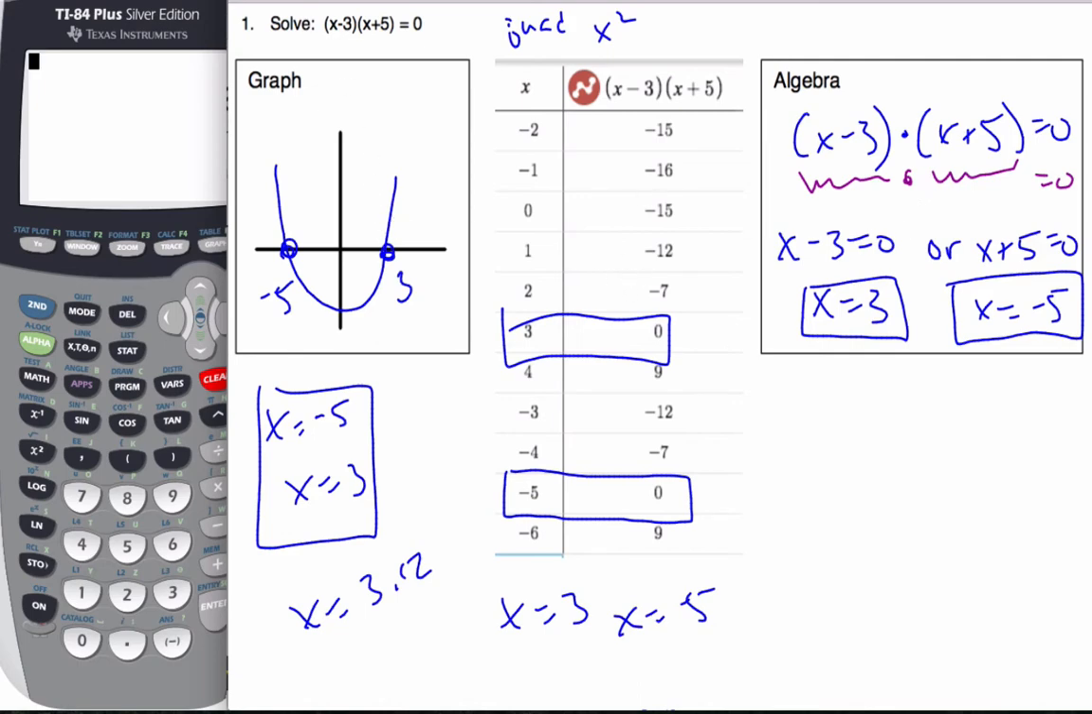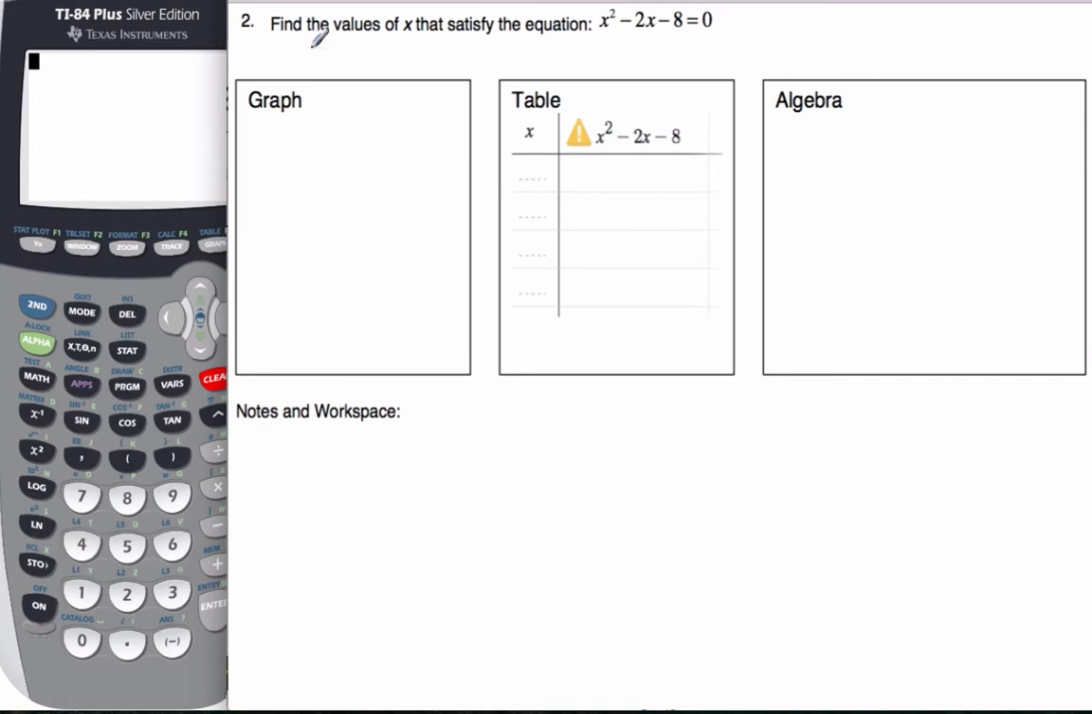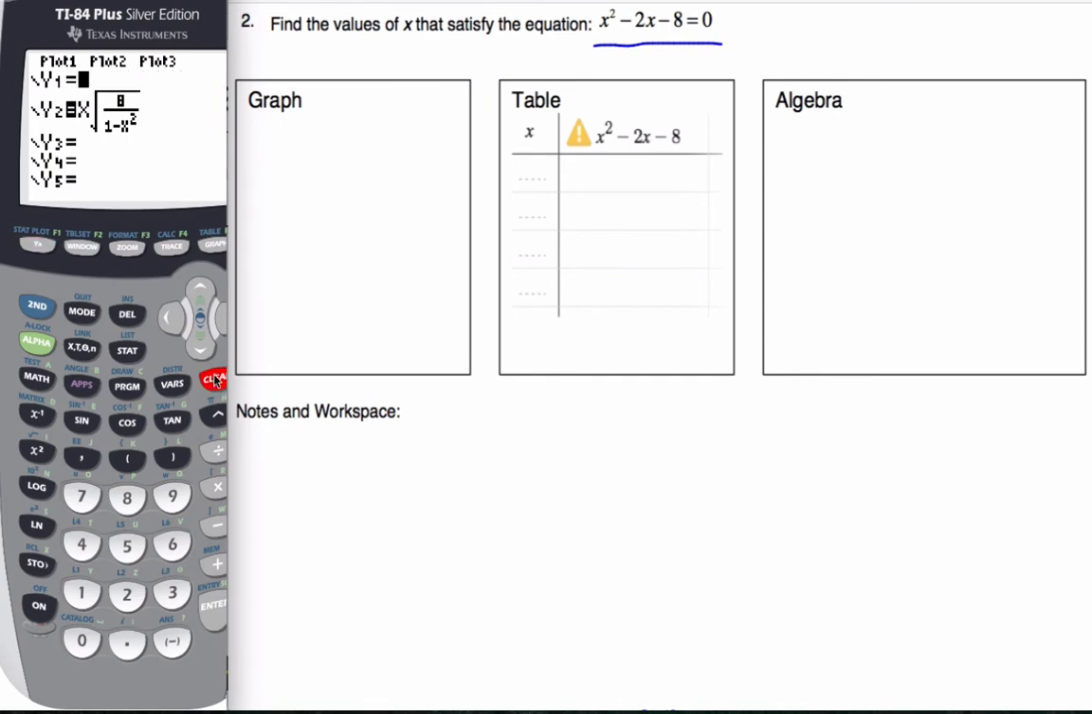Let's try another example here. All right, so now we want to find the values of x that satisfy this particular equation. Okay, and so we can do it on the graph, or I am going to do it with my calculator from the graph as well. I could graph in Desmos, which is much easier, but on your test, you're not going to have Desmos. So I enter into my graph the equation,